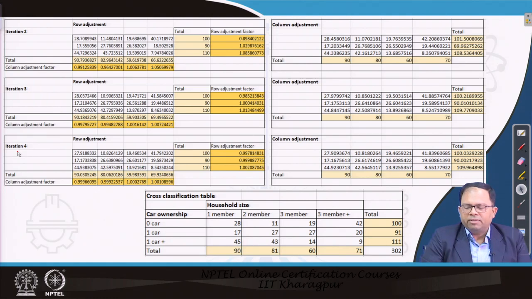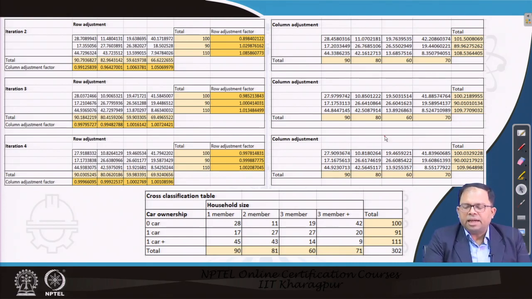probably then we would have got more accurate results, because here again you see that the total value we are getting is 100, while on this side we are getting 100.03. We could have further reduced this to 0.003 or some such value, so we require some more iterations.